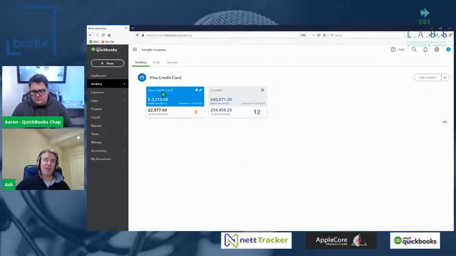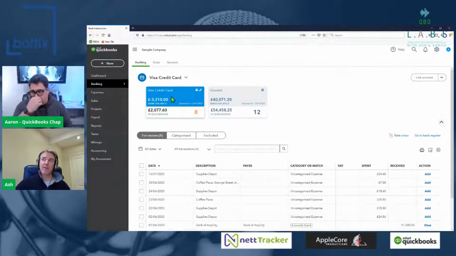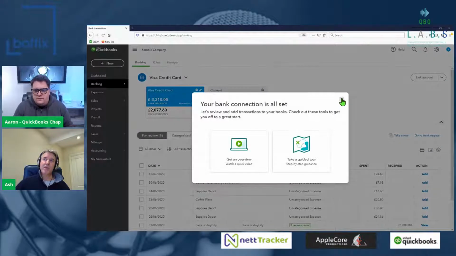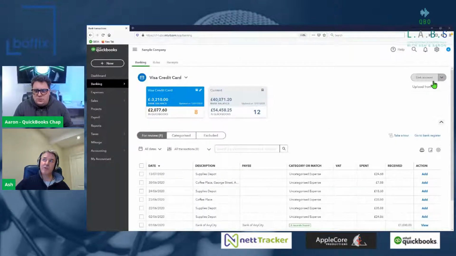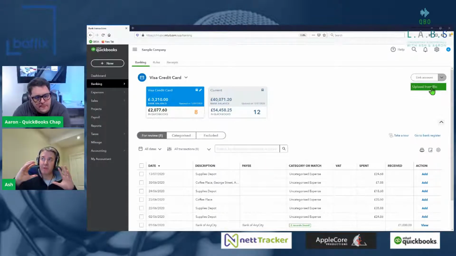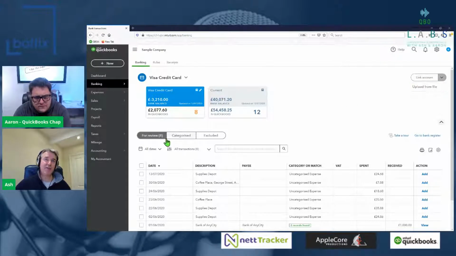But even if you can't link your bank account, then use that option within there to manually upload. Use the option upload from a file. Now, if you've got a bank feed in place, or you've uploaded a CSV or similar format, you will find that all of the profit and loss details will start to appear and populate that information within that self-assessment.